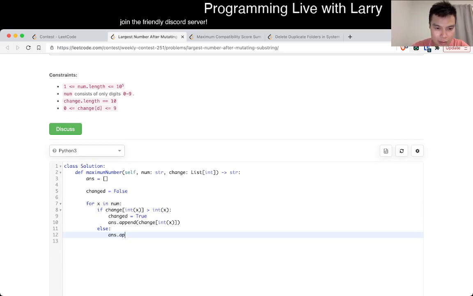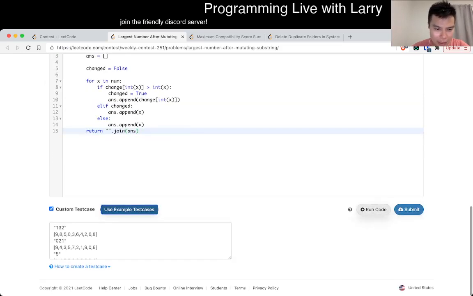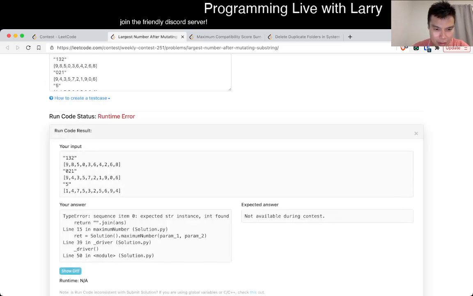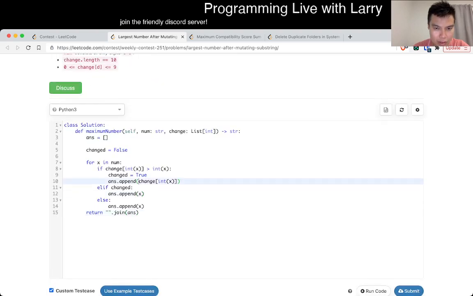Well, only if this is prefixed. Well, else if change is already true, that means where we changed it, that means that we append the rest of x, because we don't change it again in the future, right? Else, if it's in the beginning, I guess this is actually the same, but maybe I might be wrong on that one. Int fell, change list, this is